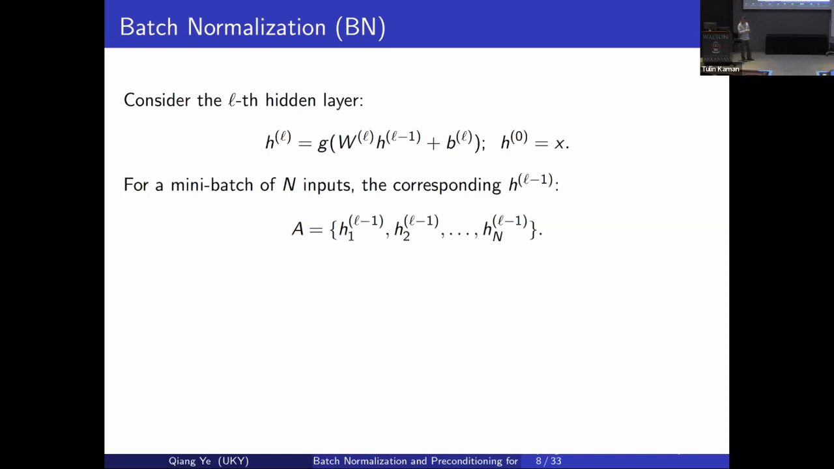And then when I have a mini batch of n inputs, when I do mini batch training, at layer L the input to my layer for the mini batch will be, say, H_1, H_2, ..., H_n. I'm writing the mini batch as X_1 to X_n. Okay,